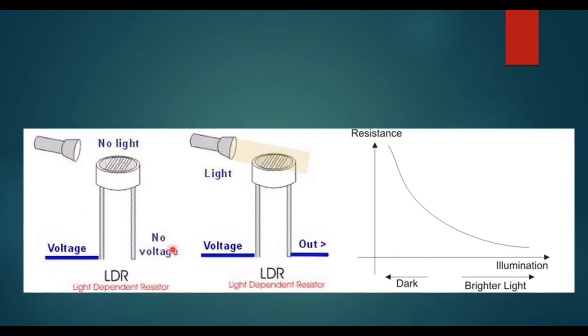When there is no light here, there is no voltage. There is no light on the photodiode and there is no voltage on the other side of the resistor. Clear? So it is very strong and it will restrict the voltage from passing through it. When light falls onto the photodiode, it loses its energy and lets the voltage pass through to the outside circuit. Clear?